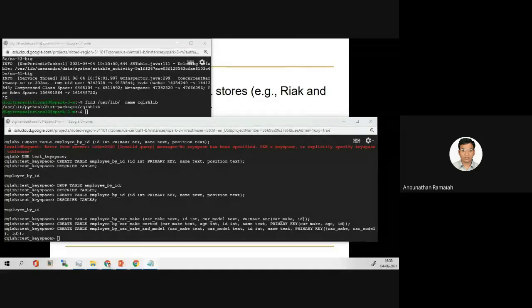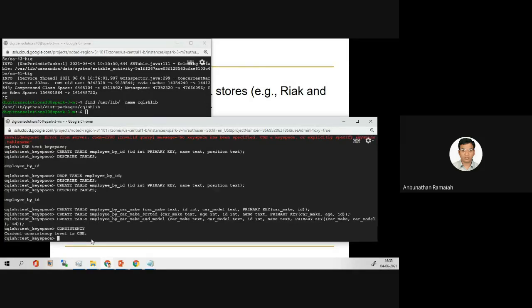So quorum, as we saw, will maintain at least the total number of nodes plus 1 divided by 2. So here you see the consistency if you want to check. Suppose you want to change the consistency level to quorum.